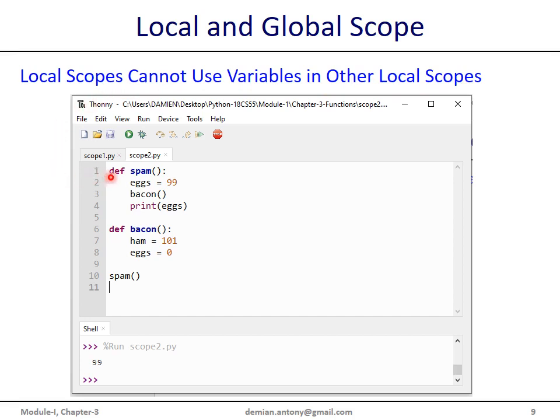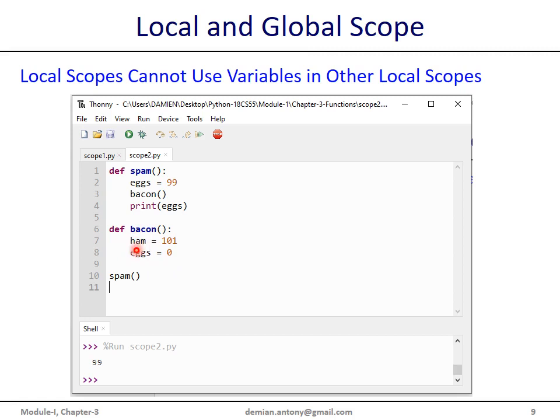Let us define two functions. The first function is spam with one local variable, that is x, and within this function we make a call to another function, and then we print the local variable, that is x. Here we have a definition for the second function, and this function has two different local variables.